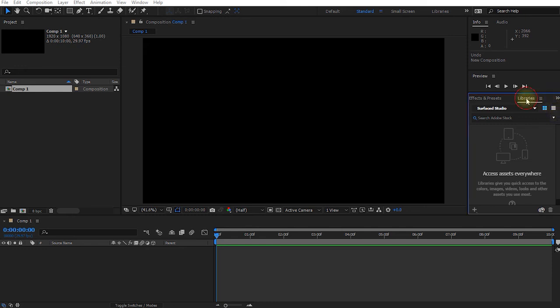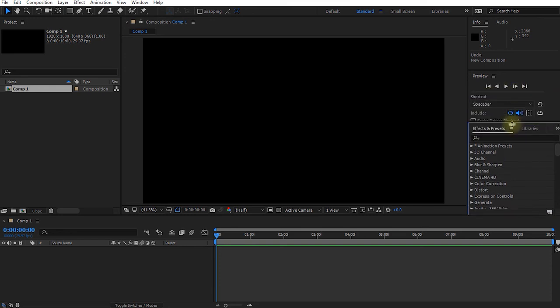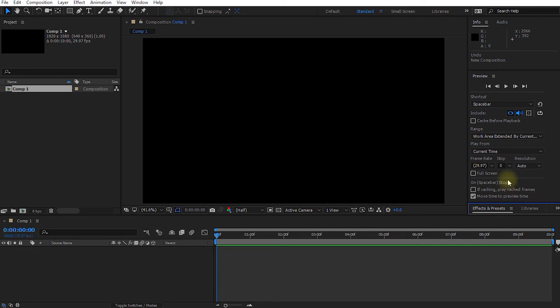Now, the last important panel, just above your effects and presets or your libraries and all the other little things, is the preview panel. In here, you can play back your composition. And the cool thing, if you come down to the bottom of the panel and hover your mouse right over the separator between the preview window and the effects and presets, if you pull this down, this may reveal a whole bunch of additional options for controlling how preview and playback works in Adobe After Effects. Now, some of these options may be different for you, because I know a lot of these were introduced in Adobe After Effects CC going forward, but there should be a few additional options here that you can check out if you so wish. But let me just drag that back up.